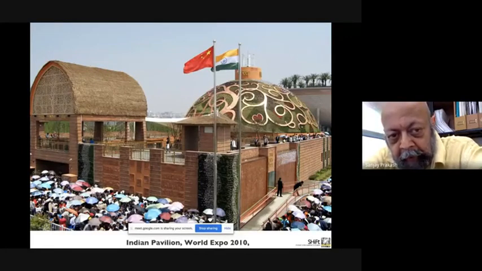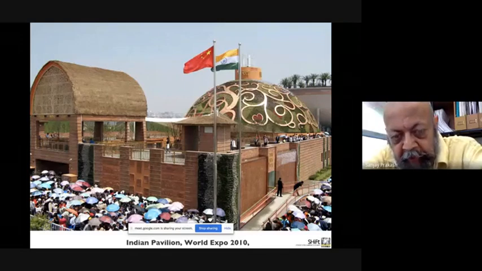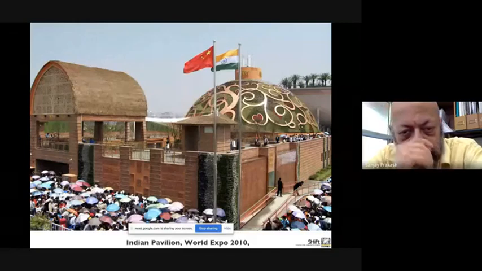This entrance foyer was in real thatch, complete with preservatives, and therefore it would have lasted also for at least 5 or 10 years instead of one. But by the rules of the expo, this pavilion was taken down. It was used for 6 months and then it was taken down 6 months later, because those were simply the rules of the game. Next, please.